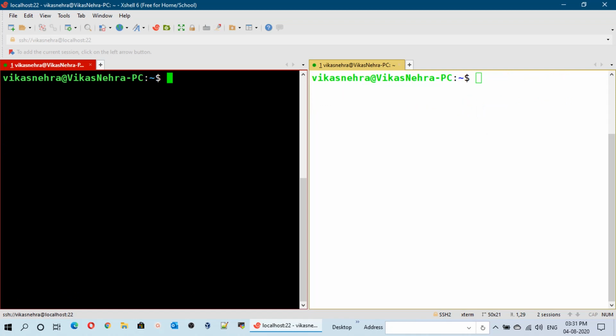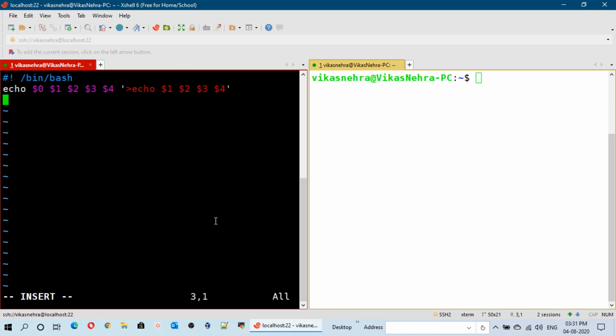Now I will teach you how can we pass arguments using arrays in any script file. To use the arrays for passing the arguments, we will open the script file in any editor like VI editor, and here we will define the variable first like this. So let me mention here args. This variable I am going to use for passing the arguments using the arrays, and we will define this variable like this. We will mention the bracket, and inside bracket we will use double inverted commas, and there we will mention $@. So this is we are doing for the arrays, and in the next line we will use the echo operator to call the values.